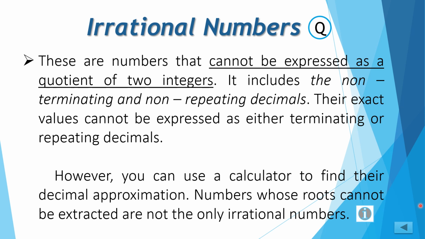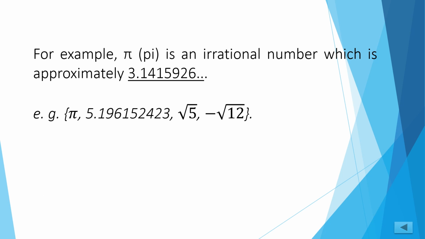Numbers whose roots cannot be extracted are not the only irrational numbers. So here are examples of irrational numbers. So for example, this symbol is pi, an irrational number which is approximately 3.14159265 and so on. So for example, o halimbawa ng mga irrational numbers, pi, dahil ang value ng pi ay hindi natatapos or walang katapusan,